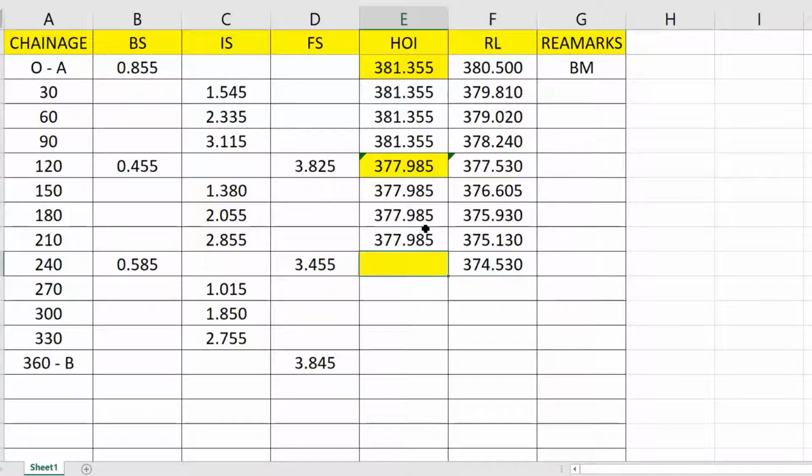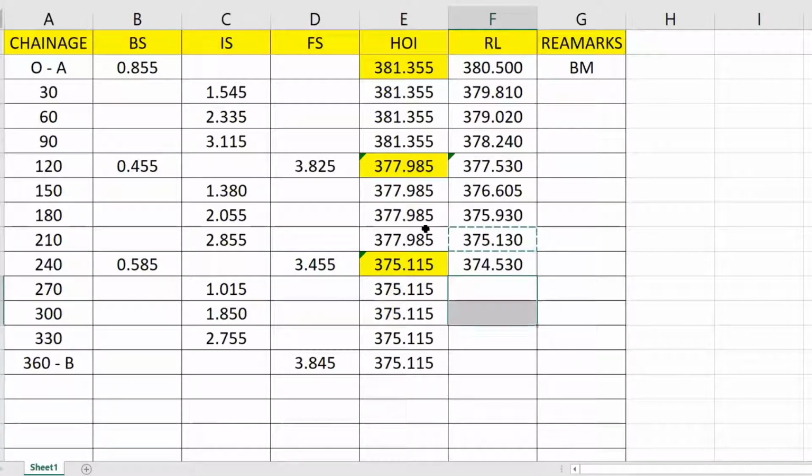Now how would I get the new height of instrument value? Reduced level plus backsight. This is common again, and you'll get the reduced level values as this and this. Is that correct, Andy?